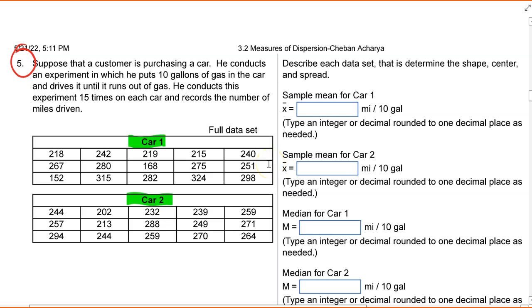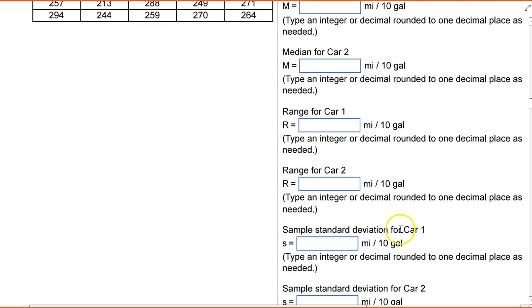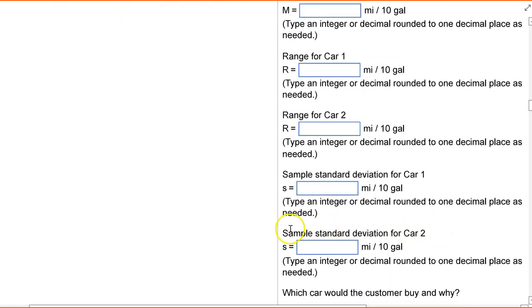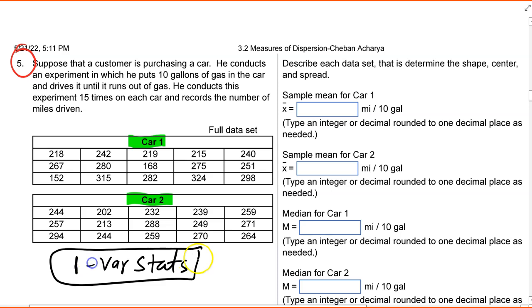In question number 5, you have to find the sample mean for car 1 and car 2, the median for car 1 and car 2, the range for car 1 and car 2, and the sample standard deviation for car 1 and car 2. I'm not going to finish this question because you know how to find the mean, median, and standard deviation using a calculator. I taught you in a previous problem, and you use the 1-var stat option again. Use a calculator,